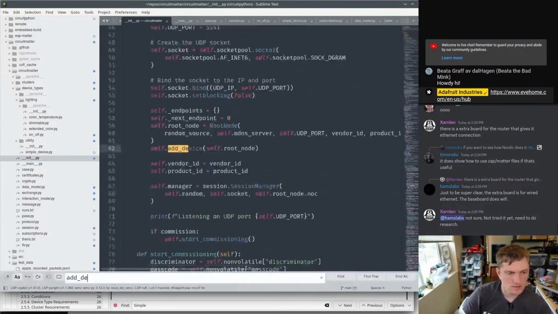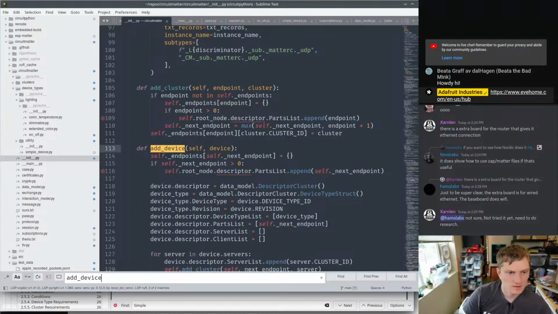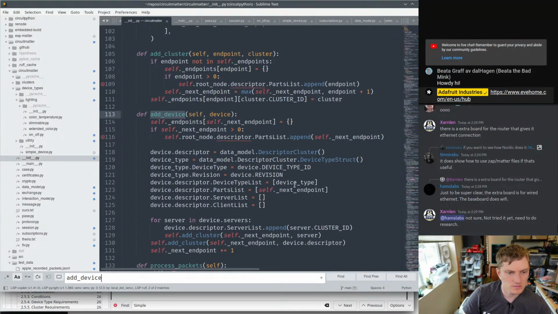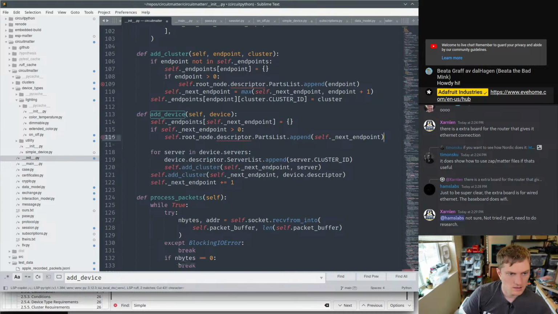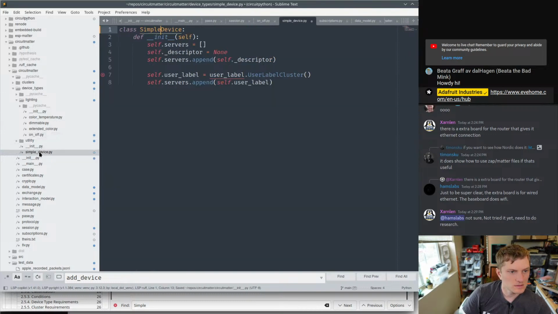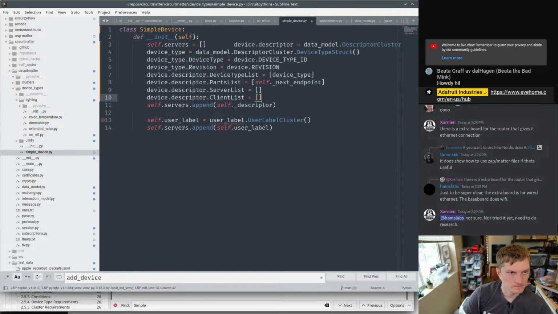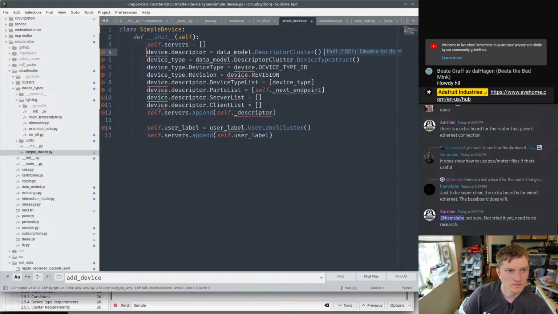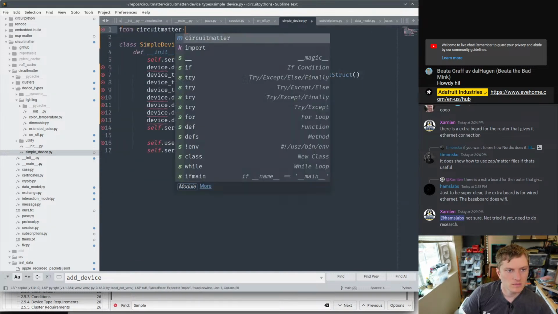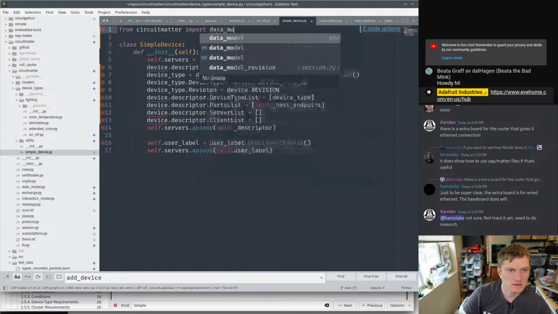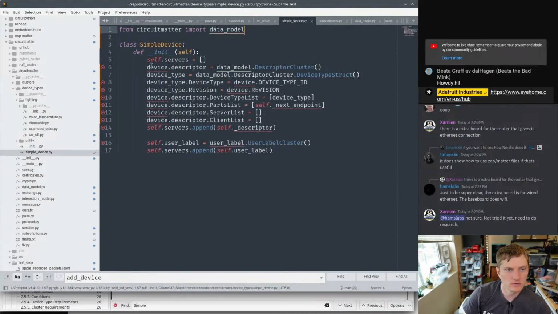And there's an add device call in here. And it adds a descriptor cluster, but I don't think I want to do that. Instead, I want to cut that. And I'm going to make it a part of this simple device. So we're going to say from CircuitMatter import data model. And there's some stuff in data model I want to move. So oh no, I don't want those. I'm going to use multi-cursor to do